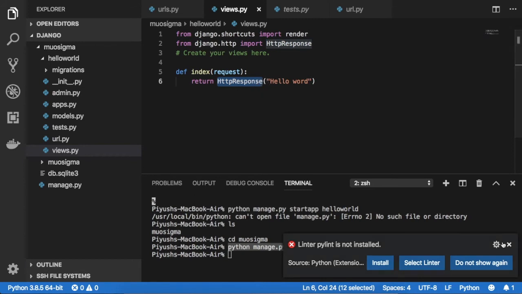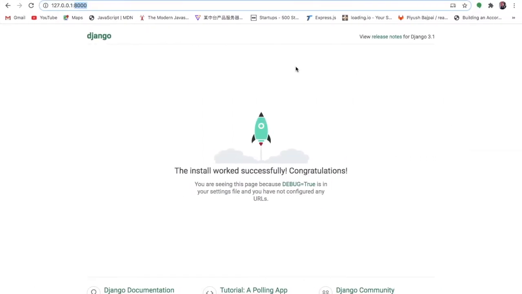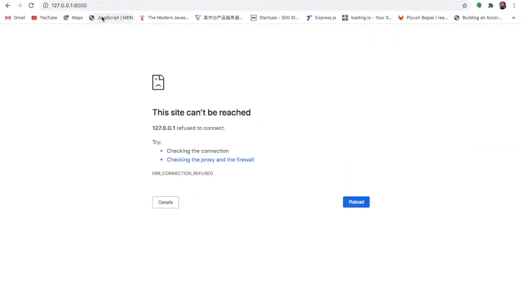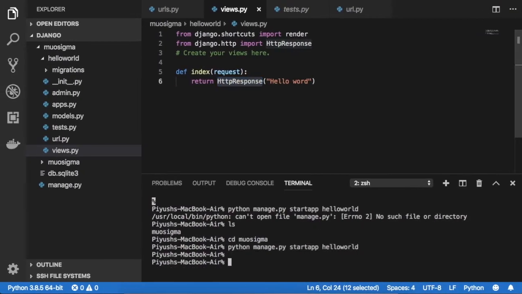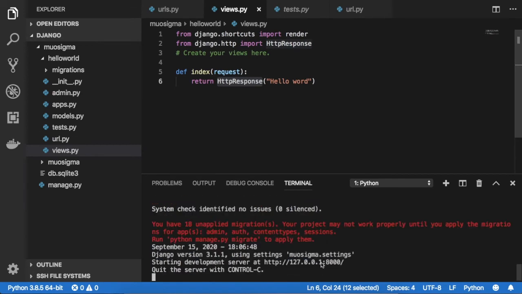So let's try, and let's jump into the screen first and just refresh this. Once you refresh this, you will be able to see the server is not running. Let me restart the server again. So let me go to the very first terminal and just run the server by using this command.